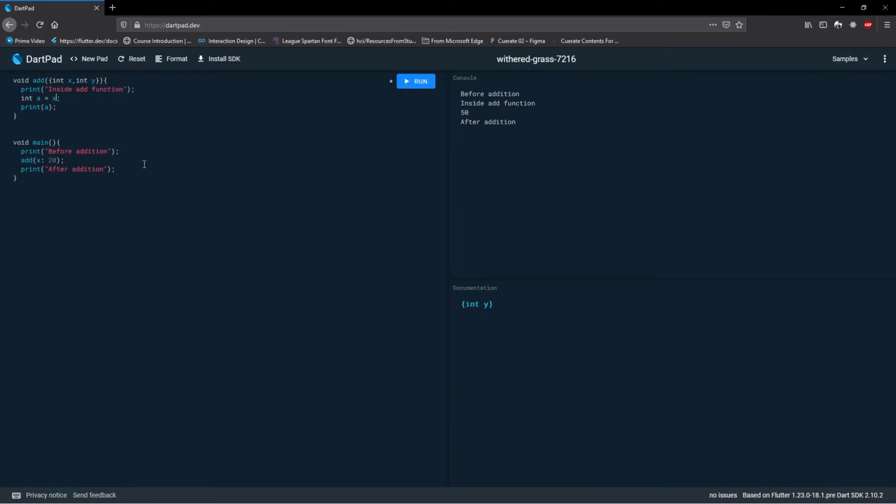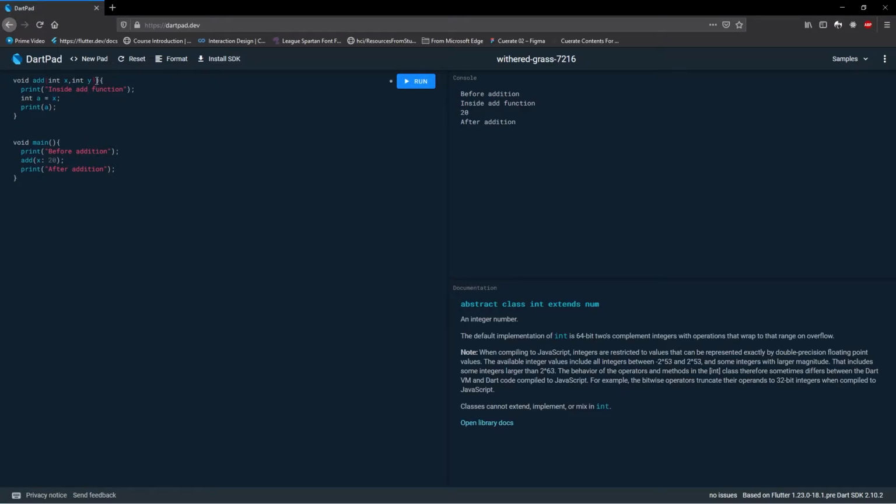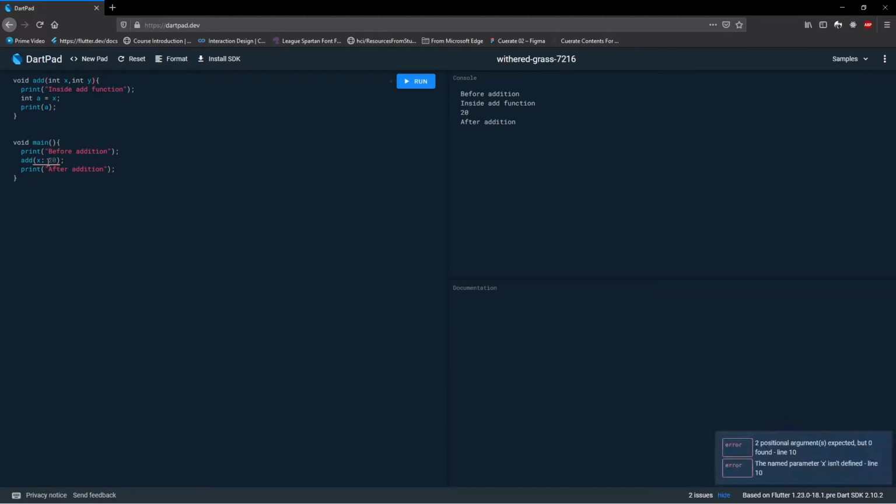Right now we are omitting y, so I'm not giving y over here. Let me assume that I won't be using y and only use x. So when I hit run, it does not give us an error. Now what if I remove these flower brackets? If I remove these flower brackets and I give only one value, it is still showing me an underline over here, which means it compulsorily requires another value.